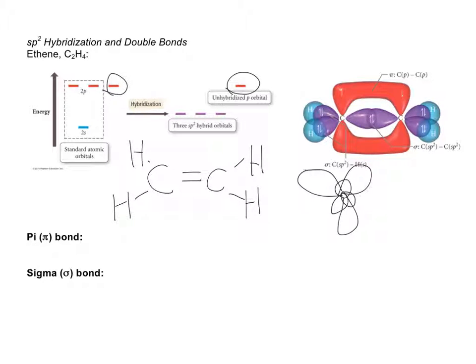And so let's just take a look at this carbon to start with. So it overlaps with the 1s orbital of the hydrogen here and here. And then the last sp2 hybrid orbital is going to overlap with the sp2 hybrid orbital of the other carbon. And now this p orbital that is left is going to be sticking above and below the plane here and here. Okay? And so we're going to be able to get overlap of that orbital above and below the plane of the molecule,